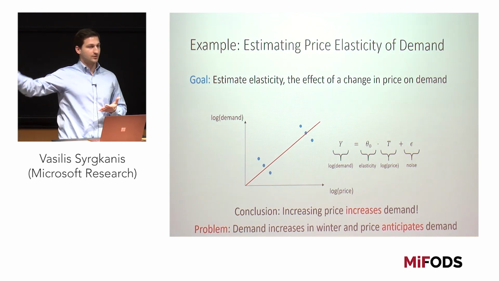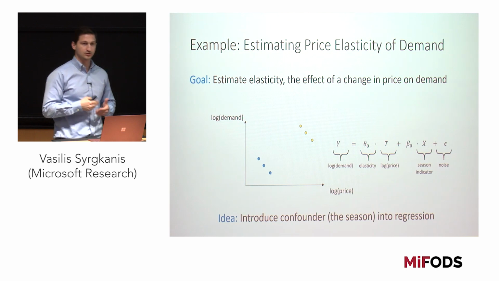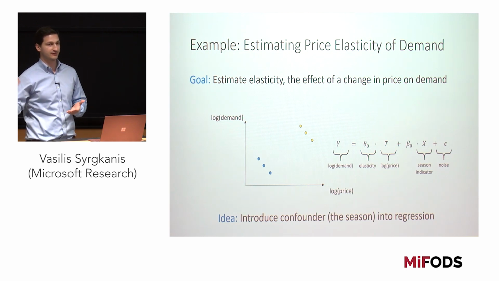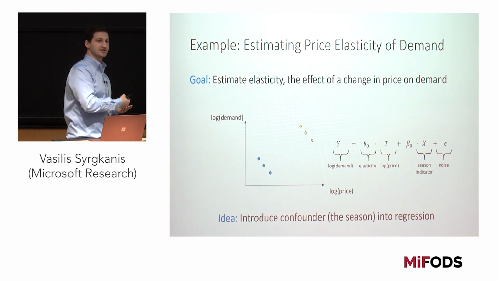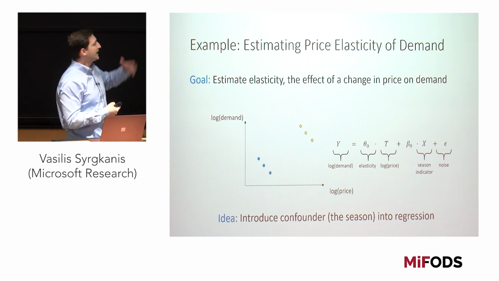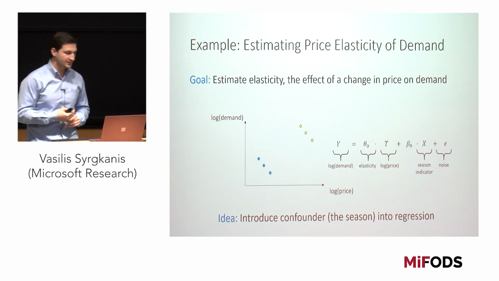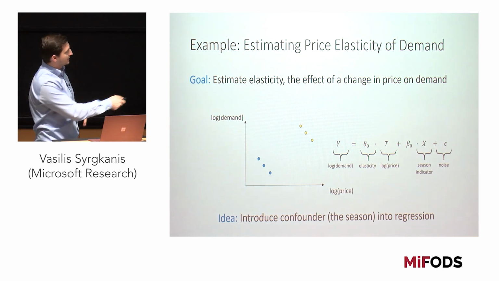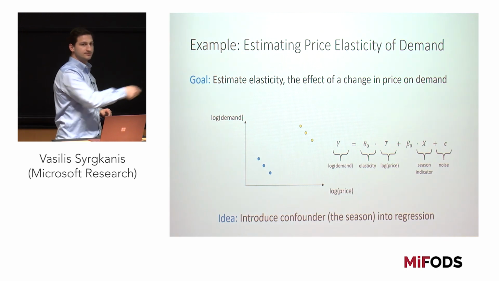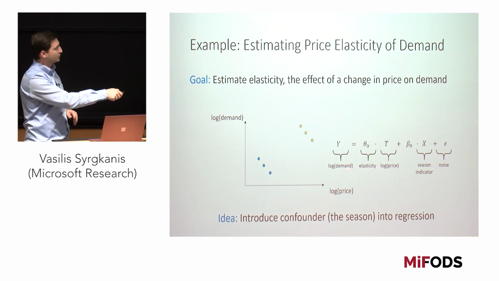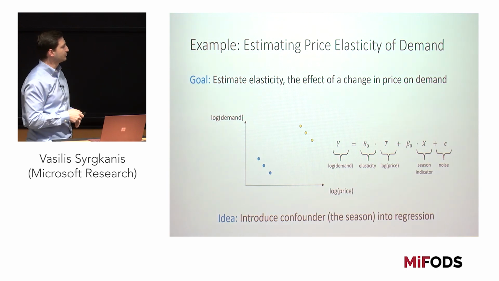So if you're now a better data scientist, what you would try to do is control for all of these variables, typically called confounders, which simultaneously affected the treatment or the pricing decision in your historical data, and also could simultaneously have a direct effect on the outcome. So you could add the season indicator into your model, and maybe you would fit a better machine learning model that also includes the season indicator as an input.